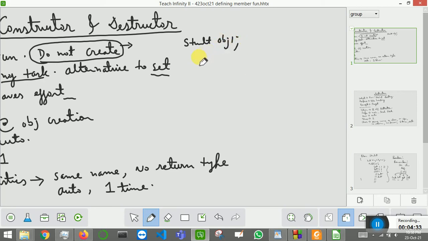Then you will assign value using object 1 dot set. When you create this object, you already know that this object will be empty. Roll number, m1 and m2, these values are blank. Now you have to assign value. You will write object 1 dot set function, and then you will write the values.